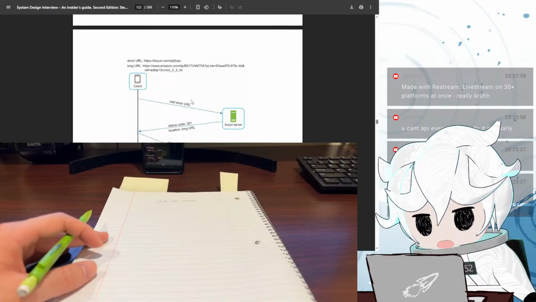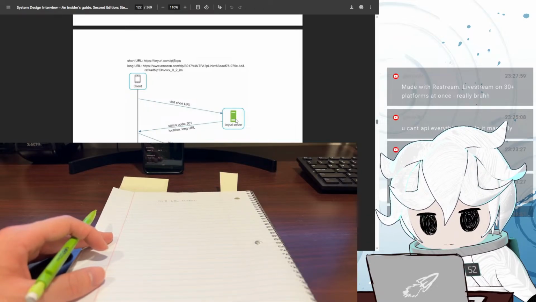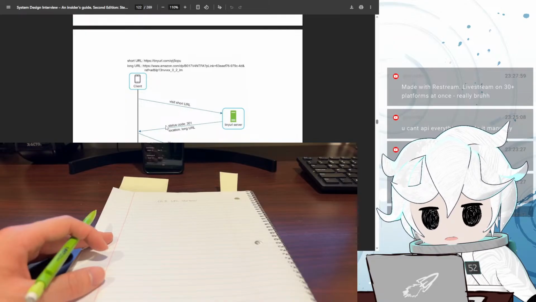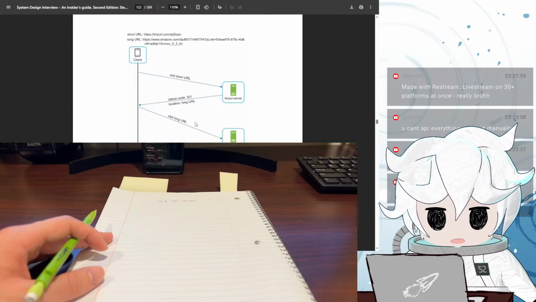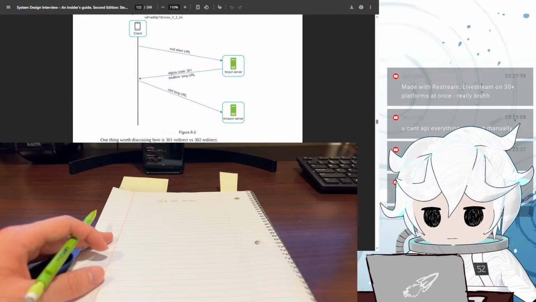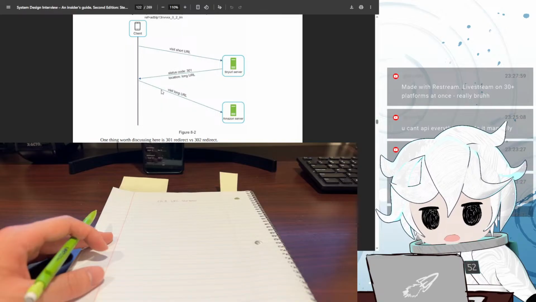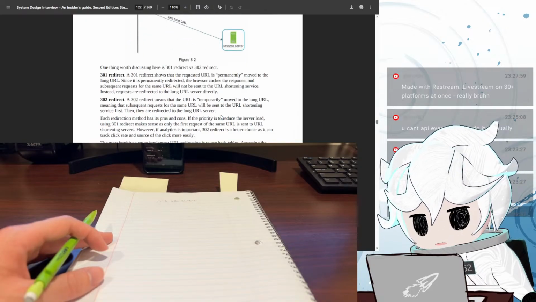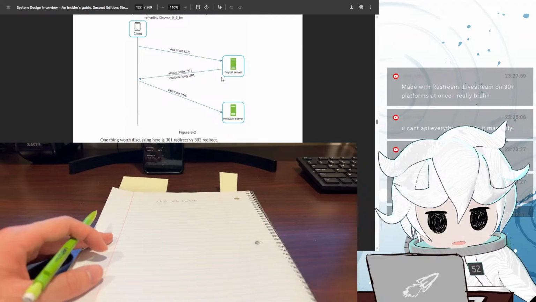So the client visits the short URL, and we do a 301 redirect with location long URL, and then we visit the long URL. Okay, so we still have to return the long URL regardless. That's the most important part.